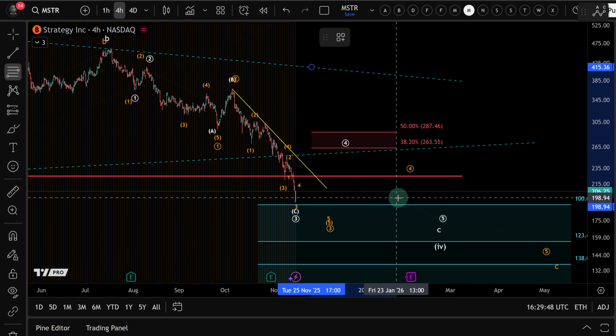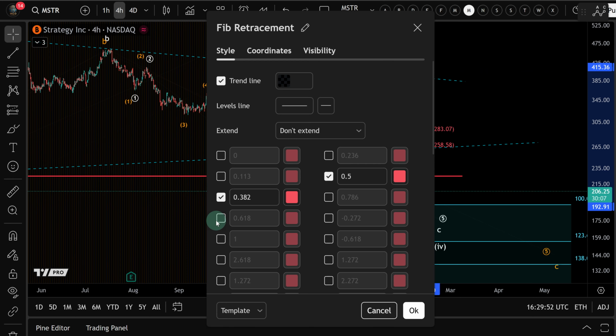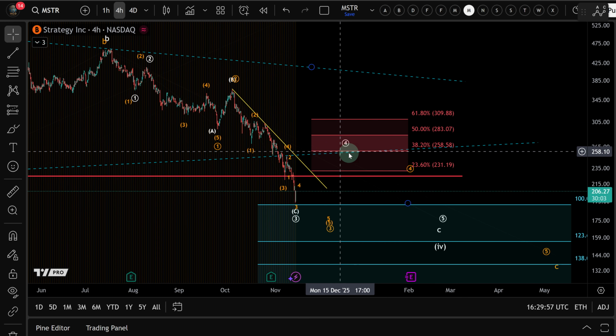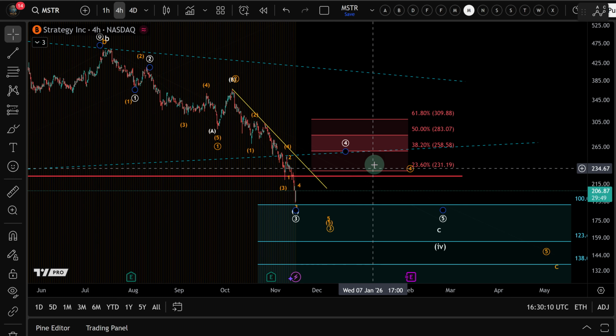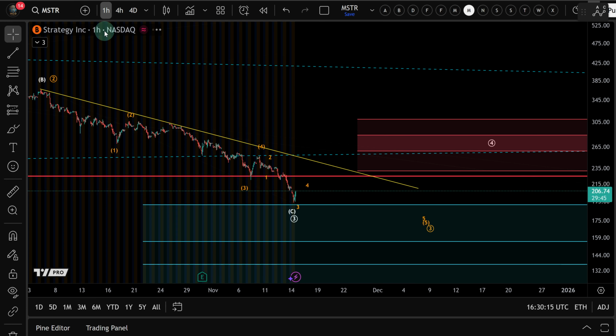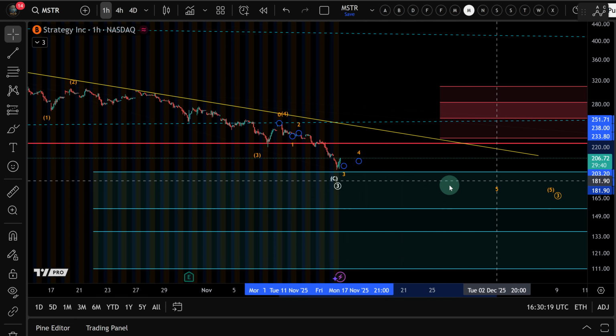The earliest indication would be a micro 5-wave move up. And if we really get that bounce, technically this is even the resistance area. Then the ideal resistance is around the 38.2 retracement at $258. That's typically an ideal ratio for a fourth wave anyway. So we'll see if the market can get there. But for now, first of all, we would need an indication that we've bottomed. It could happen from here.